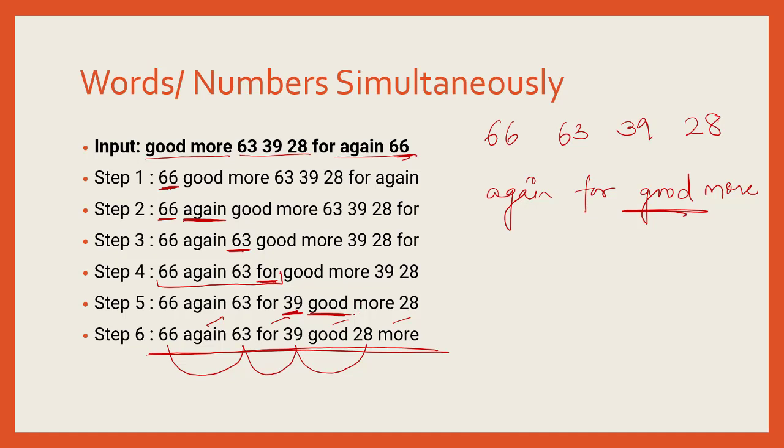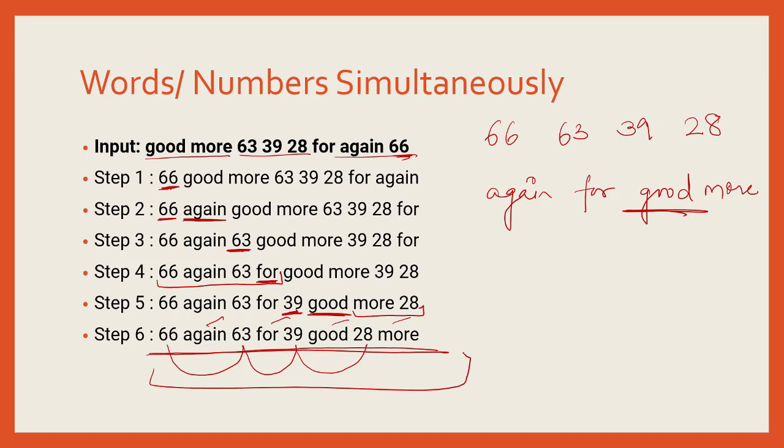Out of the last two, more and 28, 28 has to be moved forward because the number has to come before the word. So the moment we brought forward 28 ahead of more, our arrangement is complete. So what we have seen here, the numbers have been arranged in the decreasing order. The words have been arranged in the alphabetical order, and in one step we have worked on a number, in the second step we have worked on a word, then again number and again word. So that pattern has followed, and we have got the output string like this.